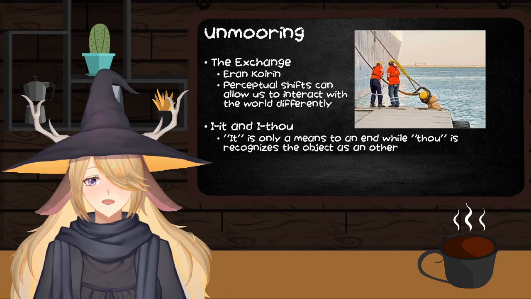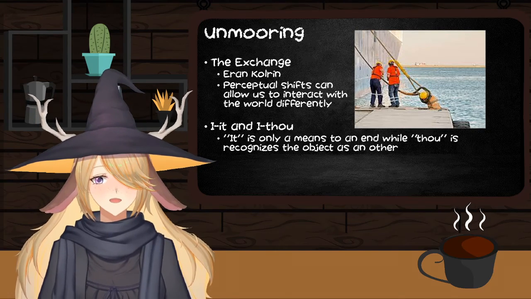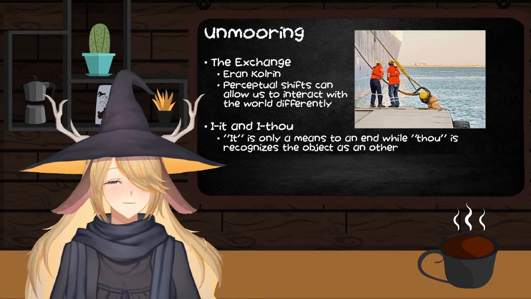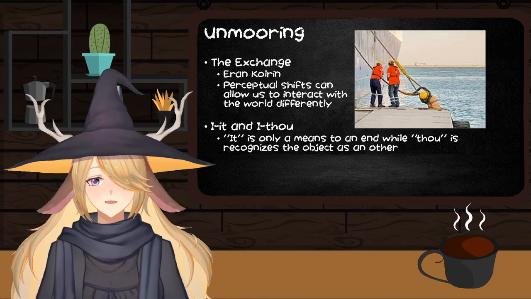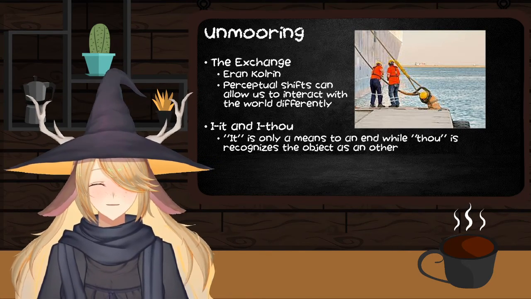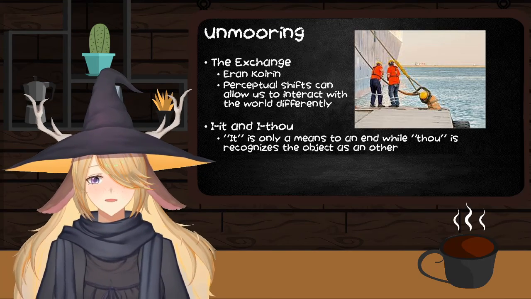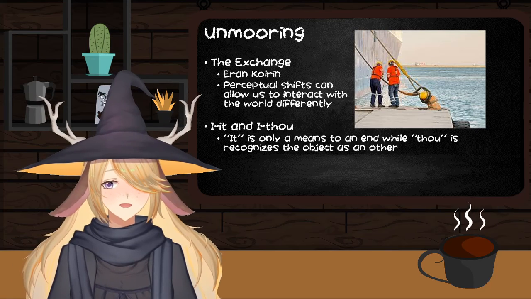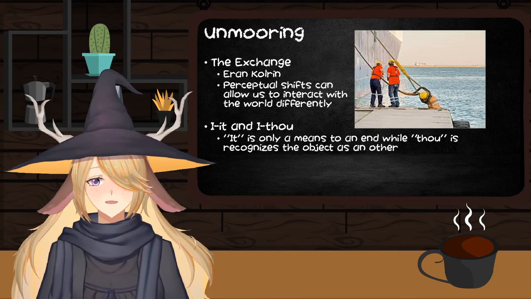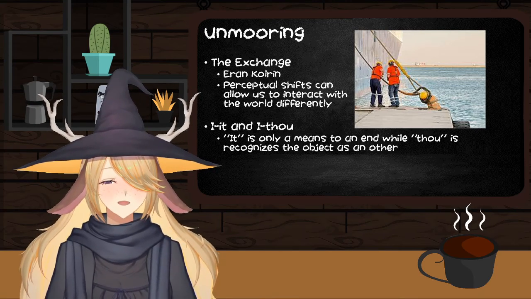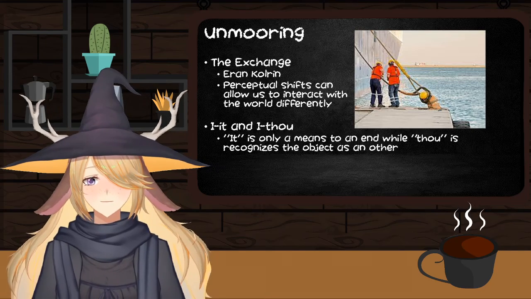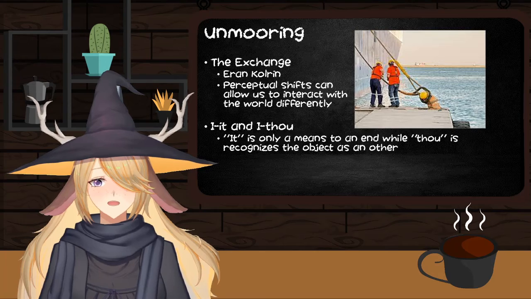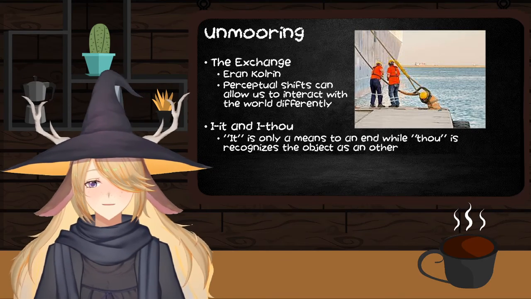So to say I, it is to recognize a thing or to observe a thing only insofar as it is a means to an end. So if I were to look at, let's say, a VTuber, and I were to observe them as I, it, I might see them as an entertainer, as something to consume. Whereas if I recognize or relate to that person, maybe the cool deer that you are watching right now, with the perspective of I, thou, I might understand that this person is putting on a